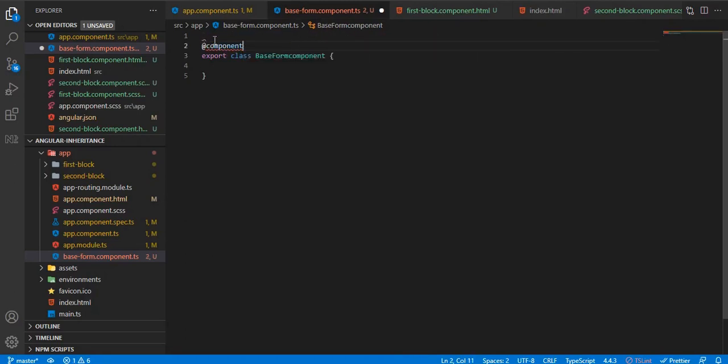This should be capital C. And the selector would be app base form, and template would be, this should not be includes.